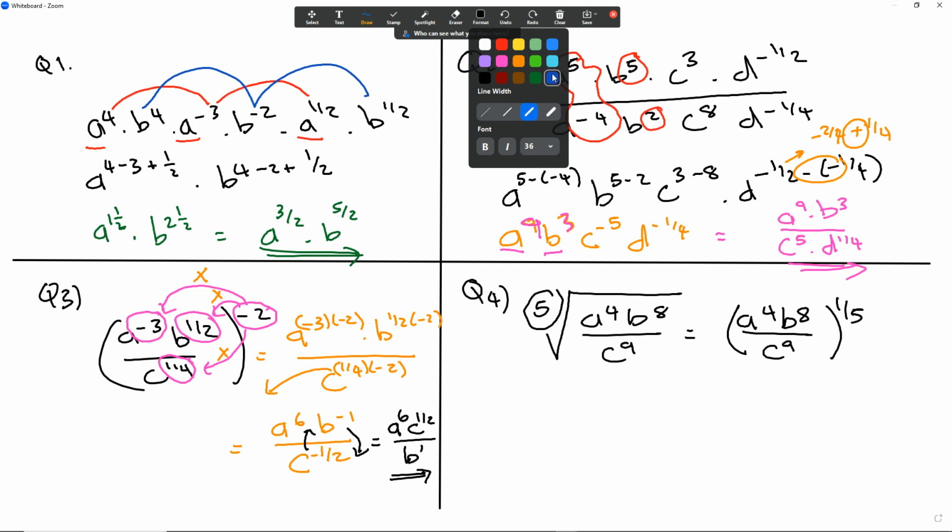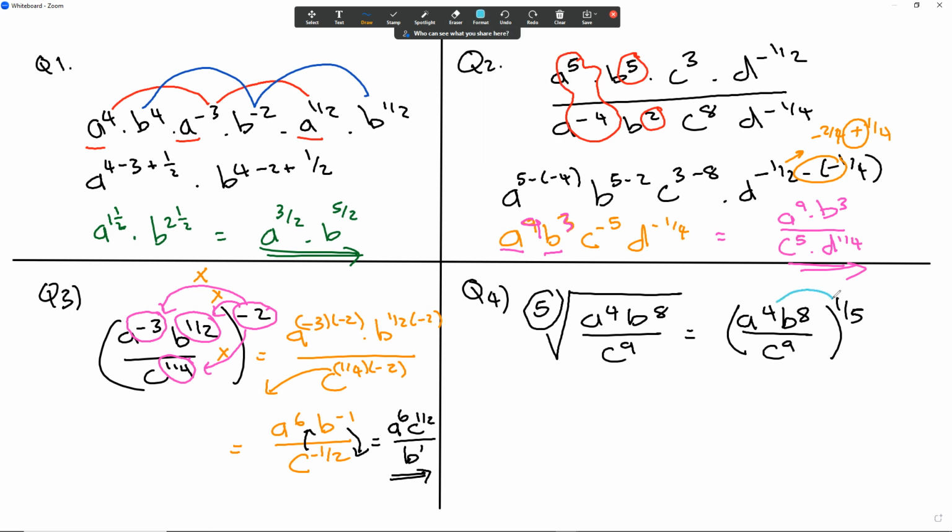Now we do the same thing. We take 1 over 5 and we multiply it by each of the powers. And so that'll become a to the power of 4 over 5 times b to the power of 8 over 5, c to the power of 9 over 5. And then we're done. Everything is positive. We can't simplify anything else, so we can stop the final answer there. All right, these are weird random questions, but just highlighting